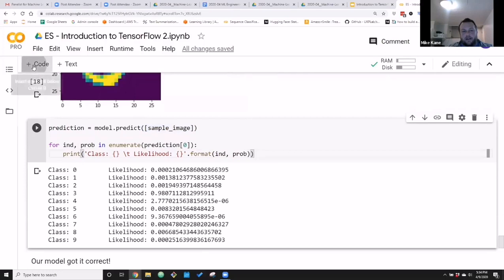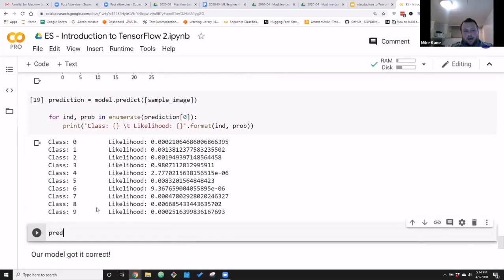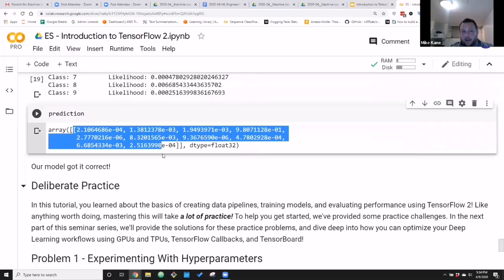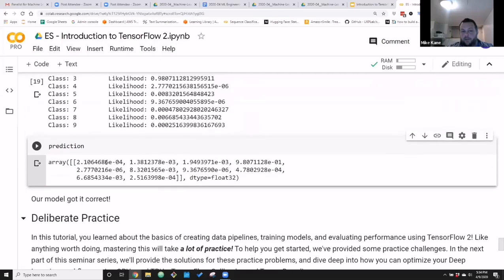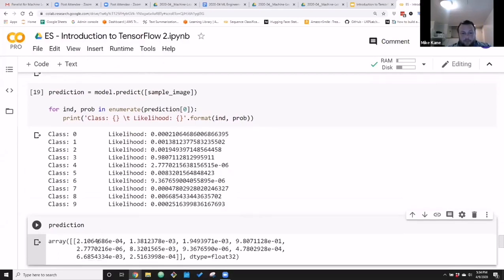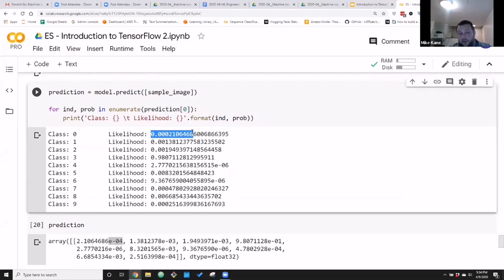If I go down here and I say prediction, show me what that looks like. I see this is literally just a Python array, right? And I see a bunch of numbers here. If you count, you'll see there's 10. And we'll see that essentially these numbers line up, right? If you actually took this out of scientific notation, you'd see this number and this number are the same, things like that, right? That's because we used a softmax activation function, which allows us to say, hey, here's all the things you can bet on.